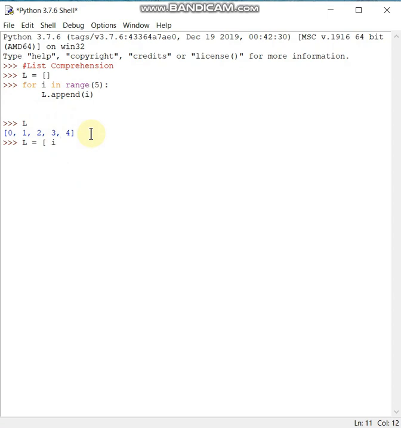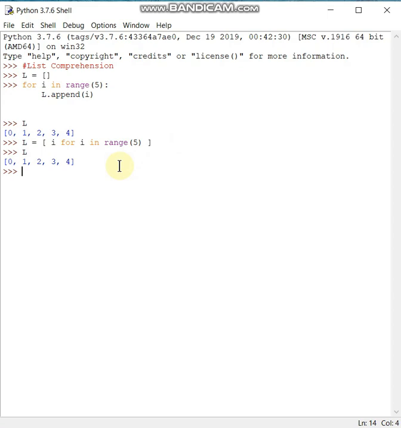Next comes the for loop, for i in range of 5. So if it is range of 5, it starts from 0 until the number before 5, so 0 to 4 will be the values of i, and those values will be stored in the list with this single line itself. So I close the bracket.